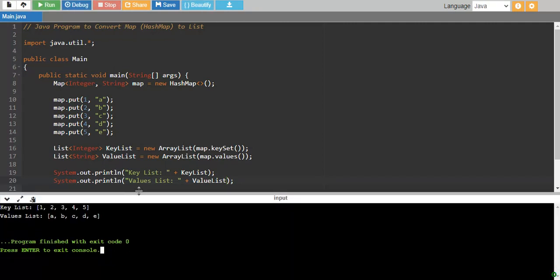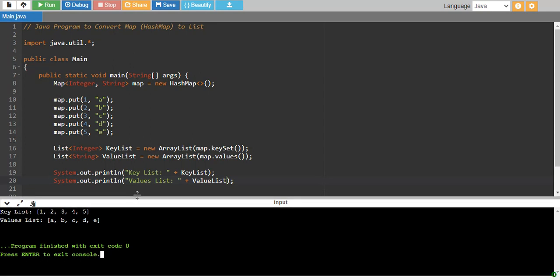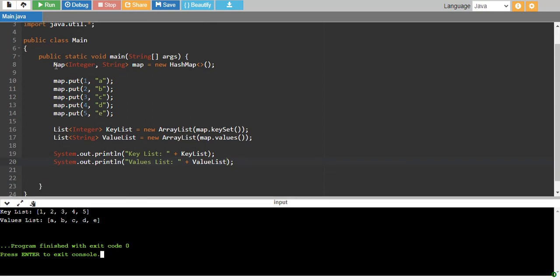There we go. So first we created a map of type integer and string. We gave one integer and its corresponding string, and we have put 5 elements into it.